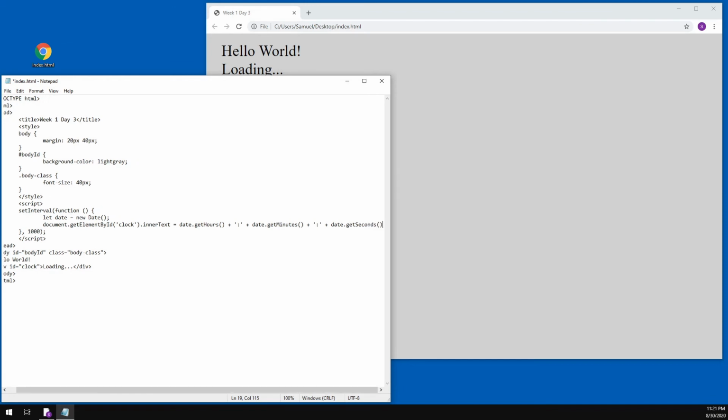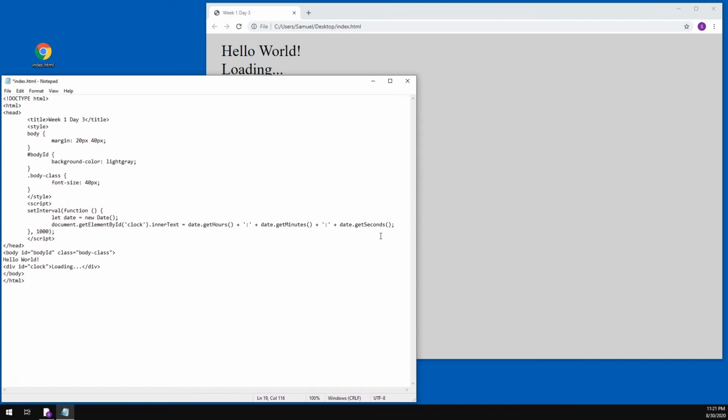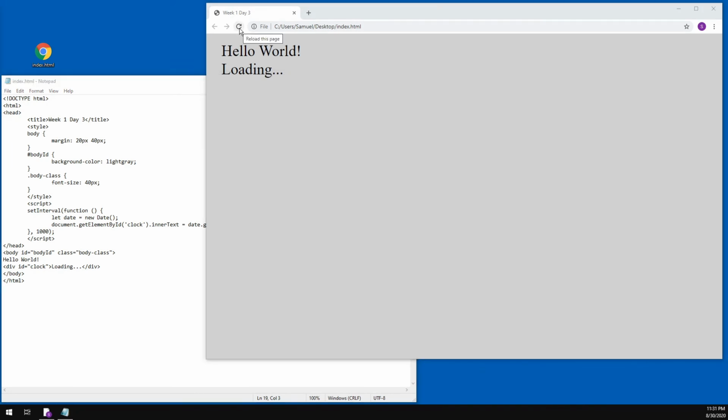Seconds. I should point out, you may have seen I put a lowercase s there. This with lowercase s is not the same as this. It is case sensitive. All of JavaScript is case sensitive. Can make the window a little bit bigger. So we now have this code. It's going to run once a second. I'll save that. I'm going to refresh,